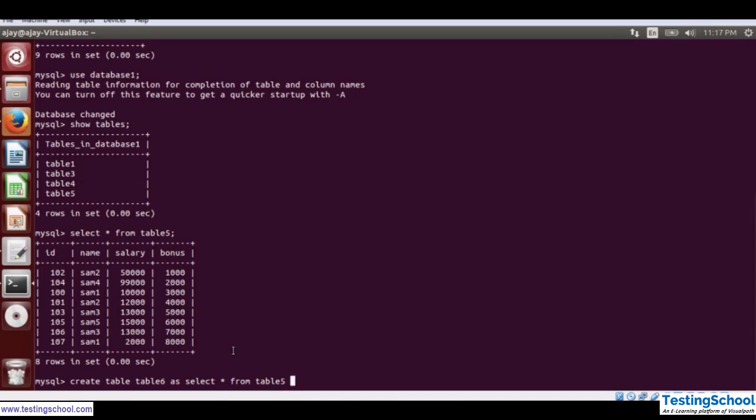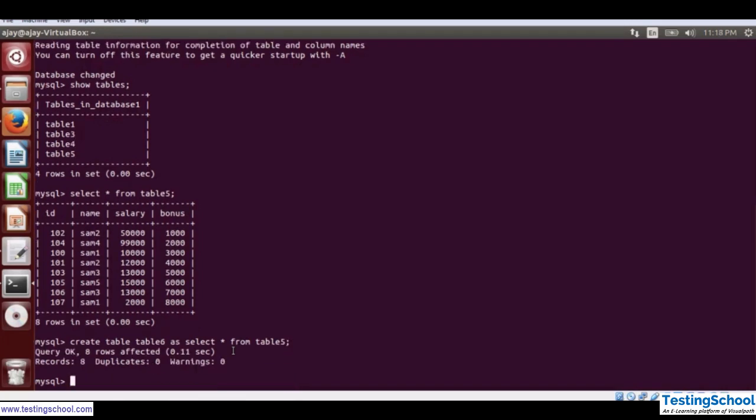So to create the table using the existing table schema is create table, then table name. After that you have to use as select star from table 5. So if I execute this query, it will create a similar table as it is table 5. I am putting semicolon. Let me press enter. So now you can see the table is created and it